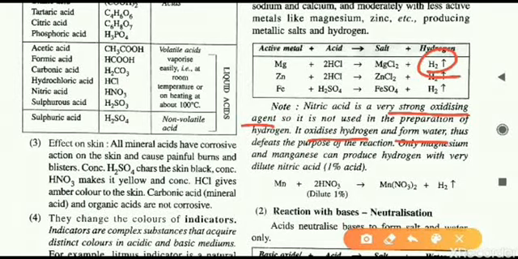So in place of hydrogen, which is produced at the end of the reaction, we will get water. We will not get hydrogen as the end product in the reaction if we are using nitric acid. That is the reason. This question is generally asked, that is why mark it separately, note it down. Why is nitric acid not used?